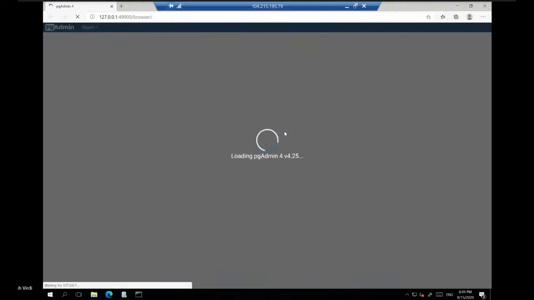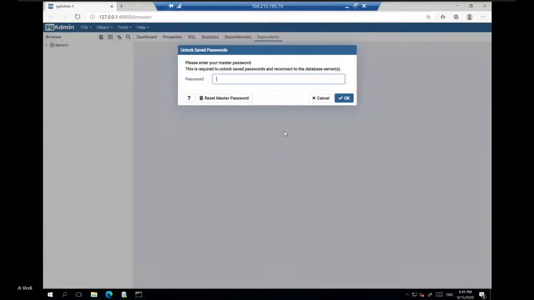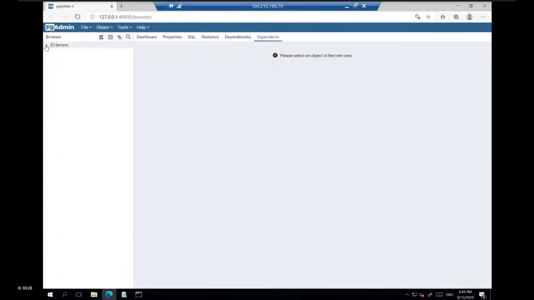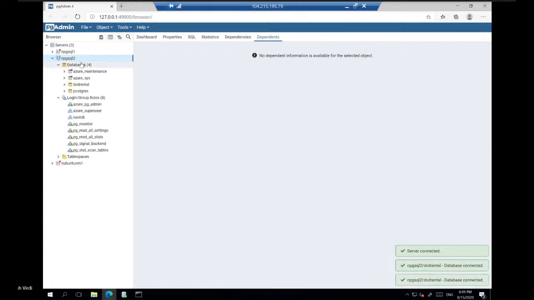So my pgAdmin is spun up, and now let's try to connect to my target database. So these are my different PostgreSQL servers, and you will see the one I created on Azure, and I can connect to it because I whitelisted the IP of my VM.